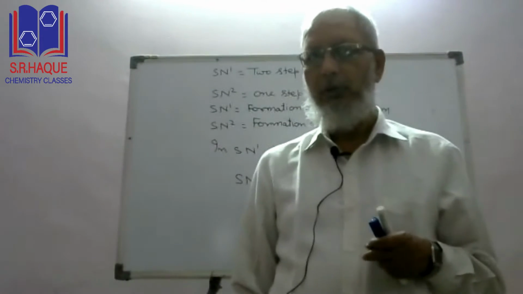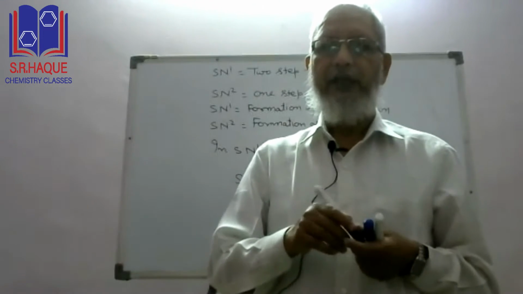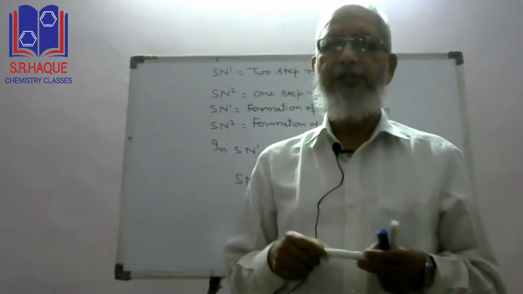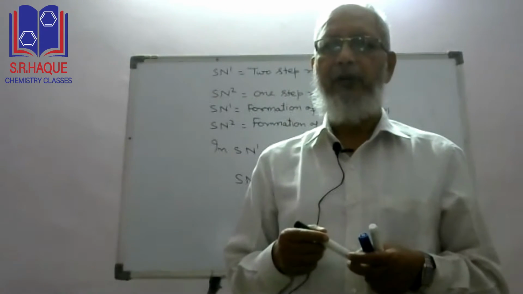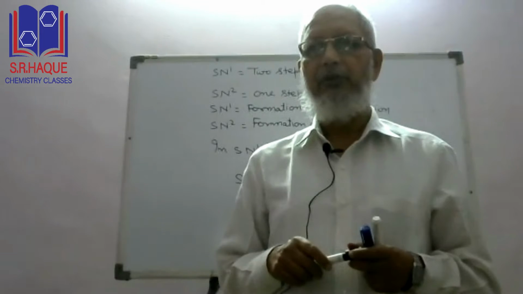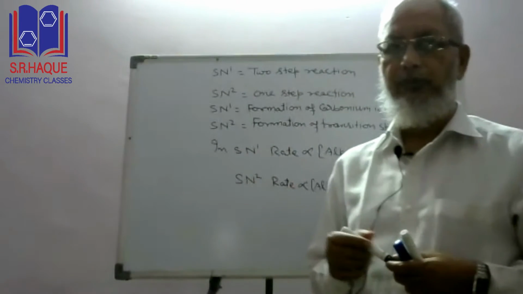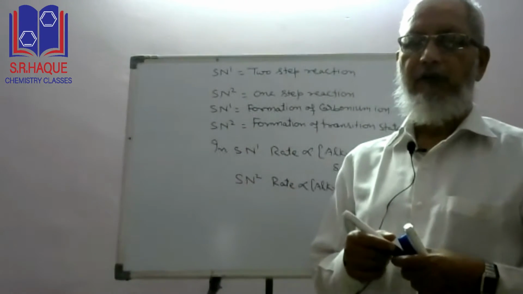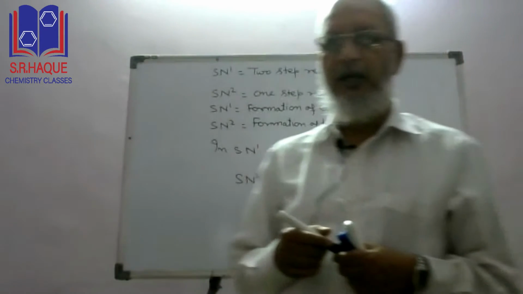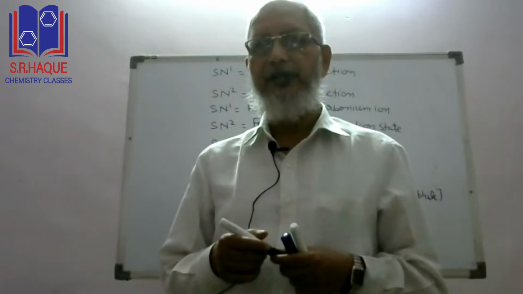And we know that among the various carbonium ions like primary, secondary and tertiary, the tertiary carbonium ion is the most stable, while the primary carbonium ion is least stable. Therefore, primary alkyl halides containing primary alkyl group will show SN2 reaction, while the alkyl halides containing secondary or tertiary alkyl group will easily show SN1 reaction.